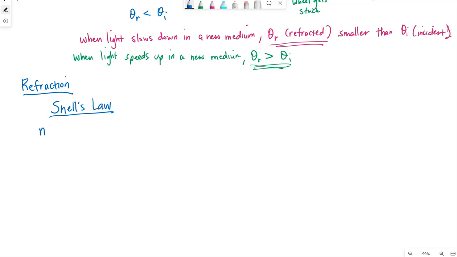This equation looks like this: N1, meaning the index of refraction in the first medium that the light is in, times sine of theta 1, theta 1 being the angle in the first medium, has to equal N2 sine theta 2. This equation is valid at one surface at a time. So what I mean by that,